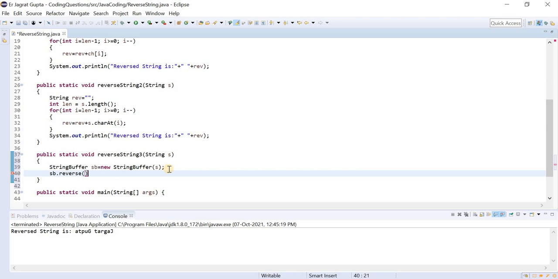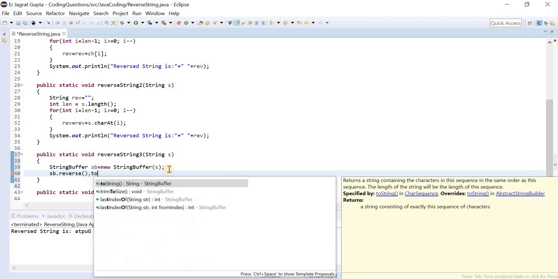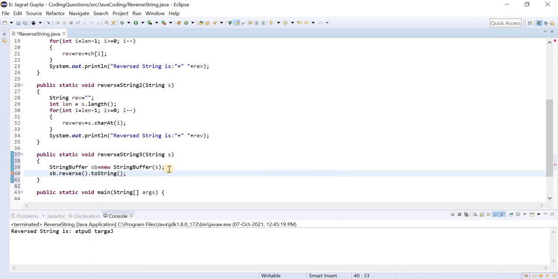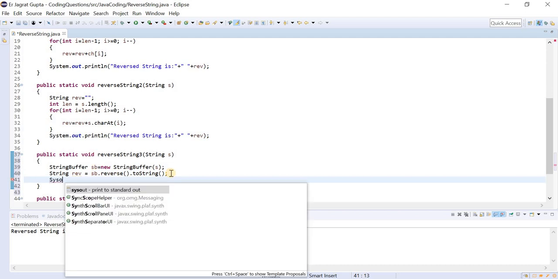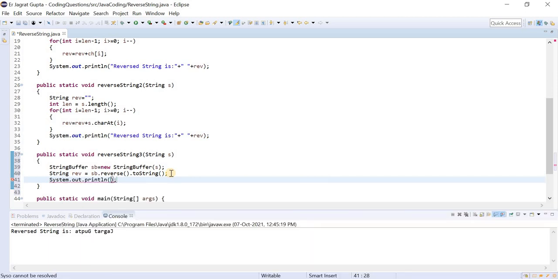This is the important concept that you need to remember. Now let us suppose I want to convert it into a string. You can use the method toString, and of course we need to store it in a string variable. Then we copy this and print our reverse string. So reverse string is, and then we will print this out.